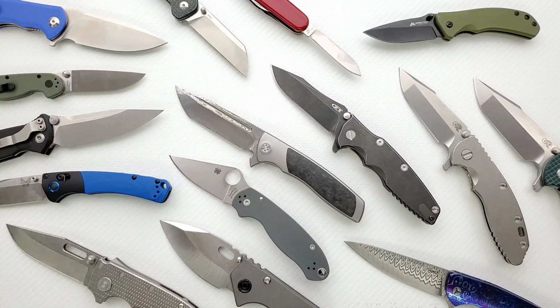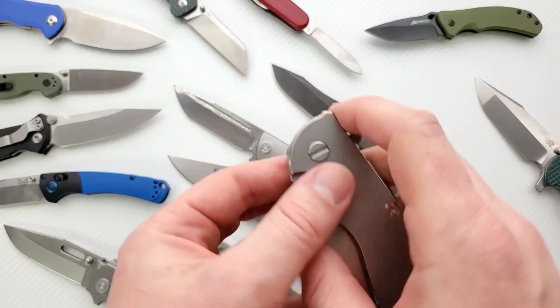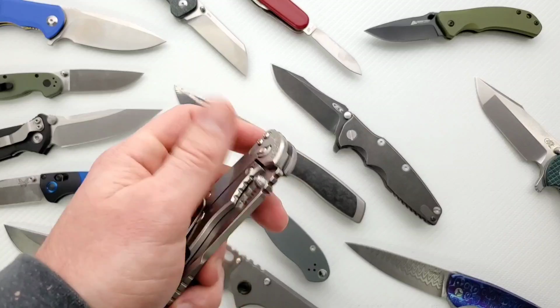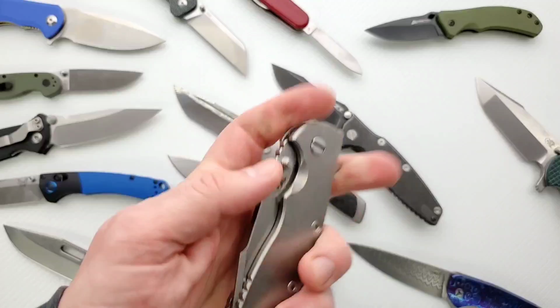I just bought the most expensive knife that I've ever purchased. And I was so excited to buy it because I really wanted a knife that I could use for the rest of my life, right? I decided to buy a Hinderer. I've never spent more than maybe $50 on a knife, but I watched Metal Complex and I thought, he talks so highly about it. I just had to pick one up, and then I got it and I loved it,